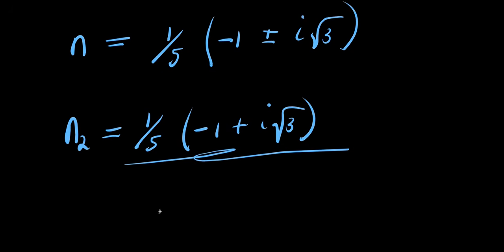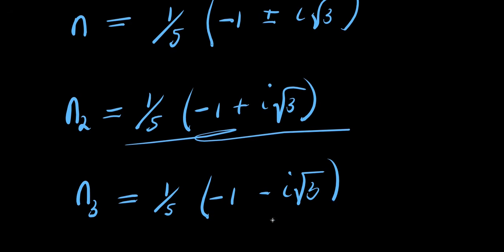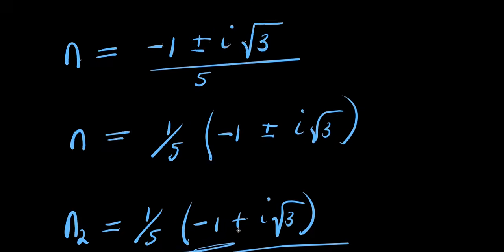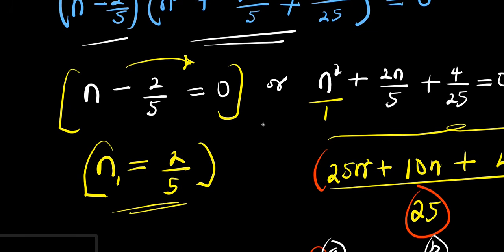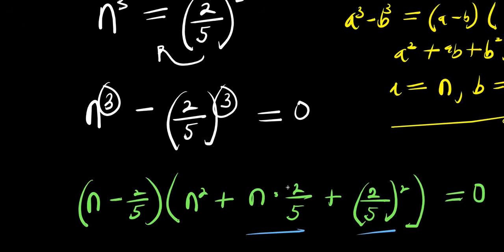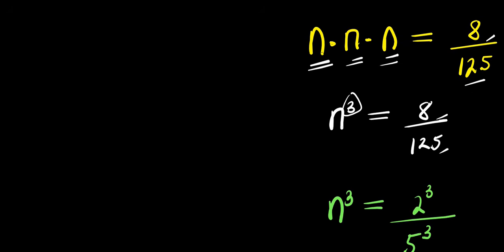And also n3 equals 1/5 times -1 minus i root 3. These are the two complex solutions. Now we also have one real solution, which is this, 2/5. So the next step will be to check if that value of n will satisfy this equation. So you have check